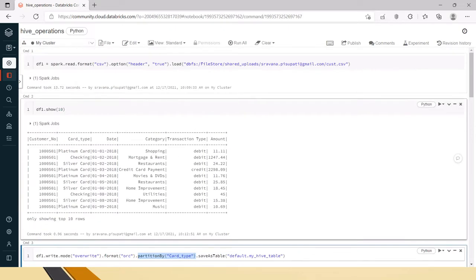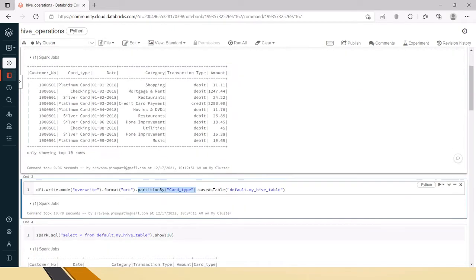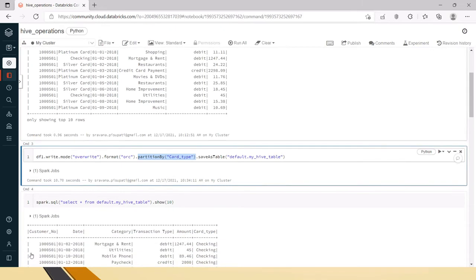For example, here I have some data with customer number, card type, date, category, transaction type and amount. I have these columns in the data, so I can partition based on card type, or category, or transaction type, whatever it is. We have to have some data where we can do partitions.